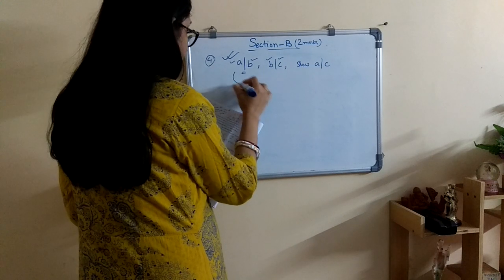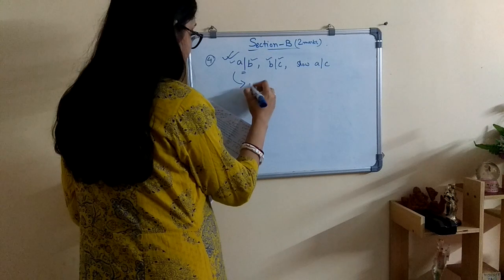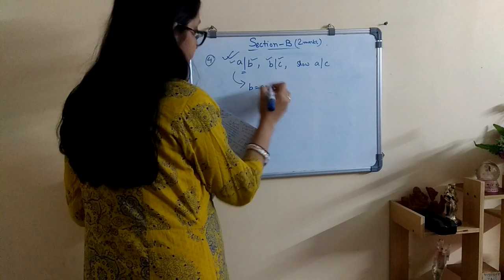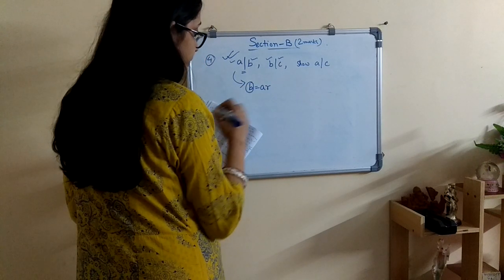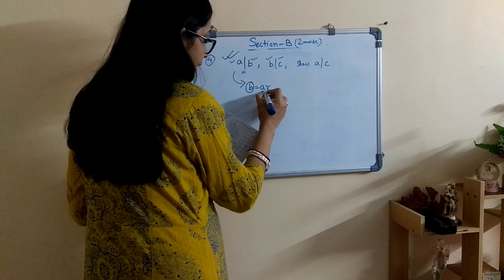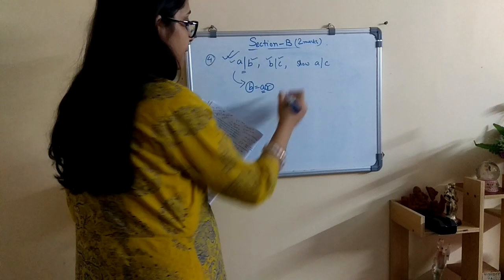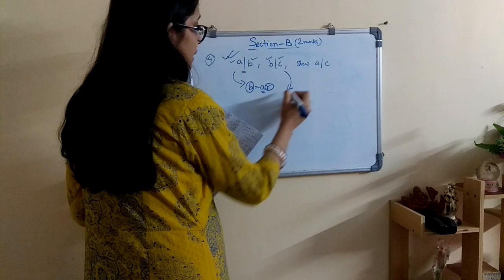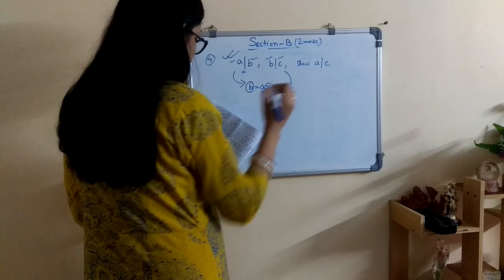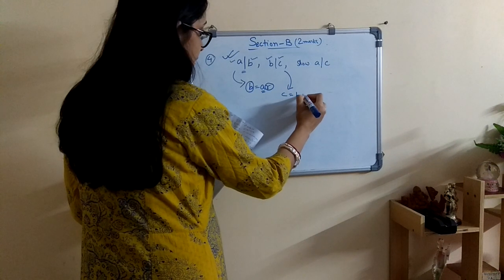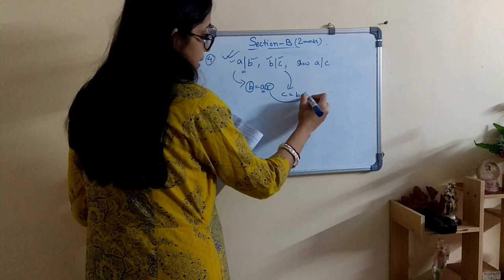If A is divisible by B, we can assume that B equals AR. It means B is the dividend, A is the divisor and R is the quotient. There is no remainder. And for B divisible by C, it will be C equals B times some other quotient. We cannot assume the same quotient. The quotient will change as S.